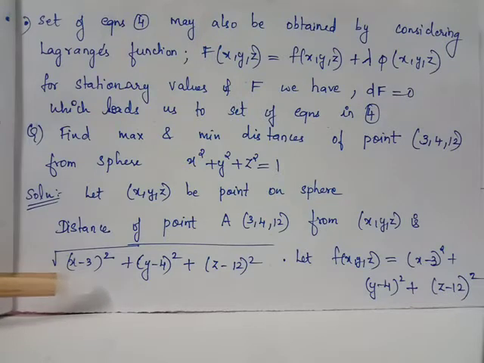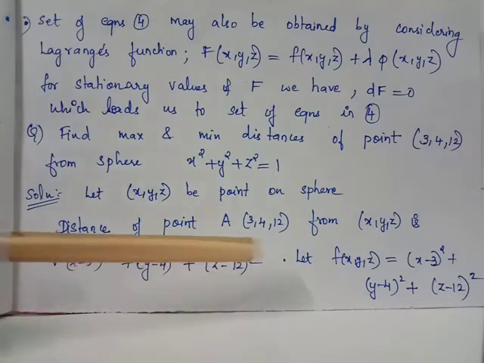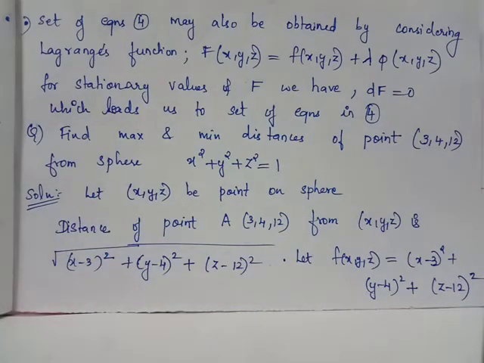Whether we make a study on the square root or we take the square of this expression and make a study on it, it does not cause any change because the minimum and maximum is preserved even if we square the function, because it is the distance function we consider. So we better denote f of x, y, z with the expression without the root. That is the expression which is obtained after squaring.